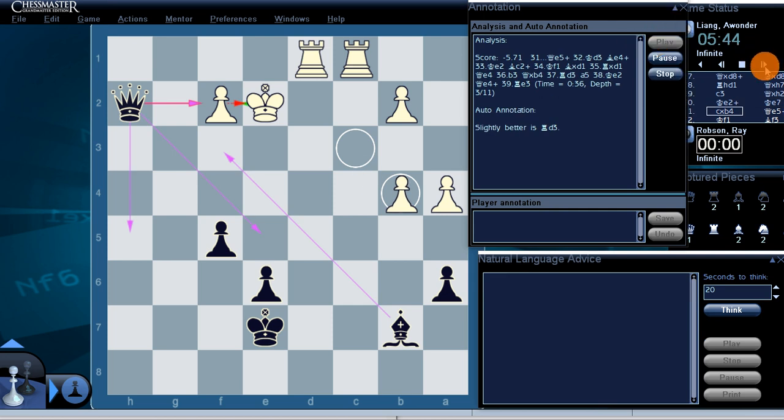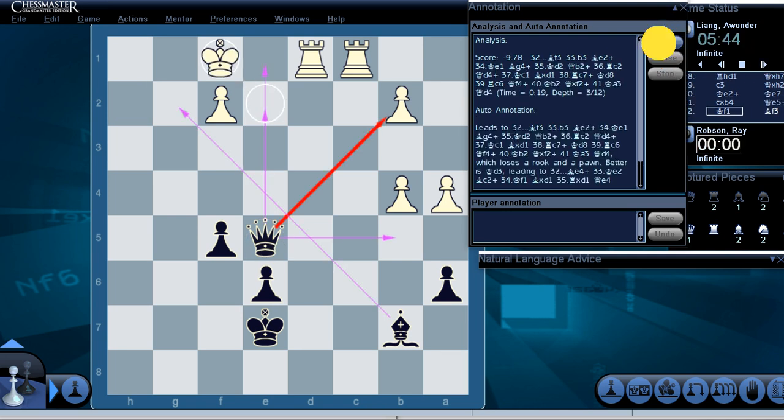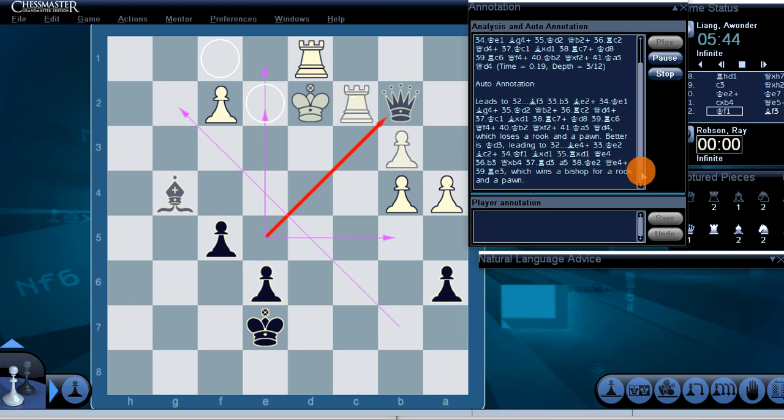C takes b4. Slightly better is Rook d3. Queen e5, check. Forks White's king and White's pawn at b2. King f1 leads to bishop f3, b3, bishop e2, check, king e1, bishop g4, check, king d2, queen b2, check, rook c2,